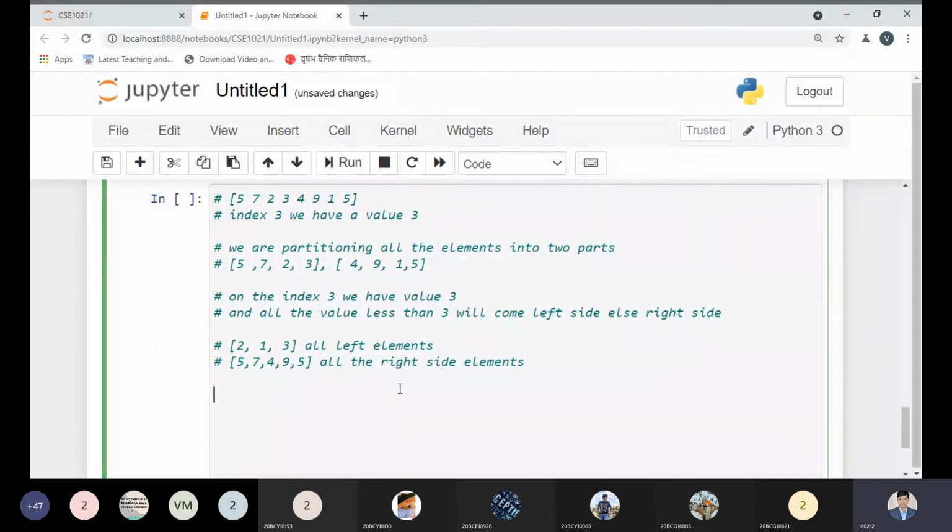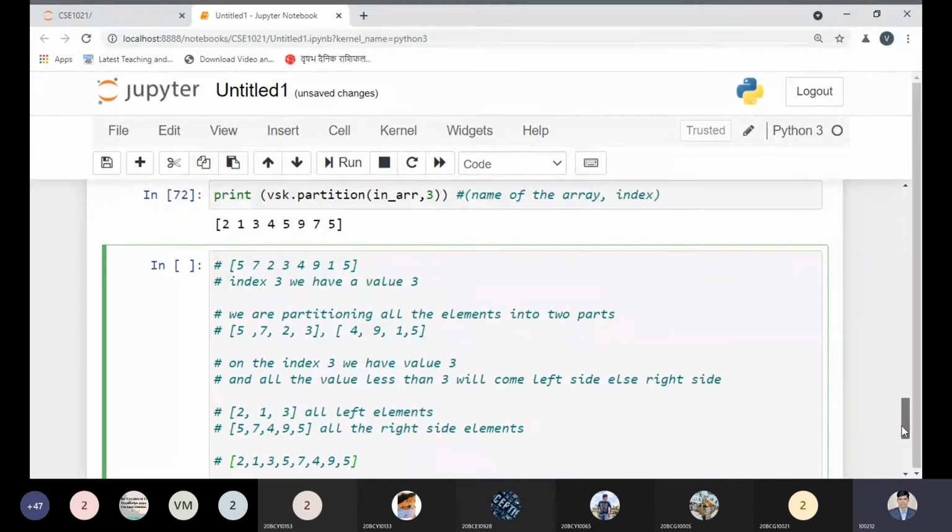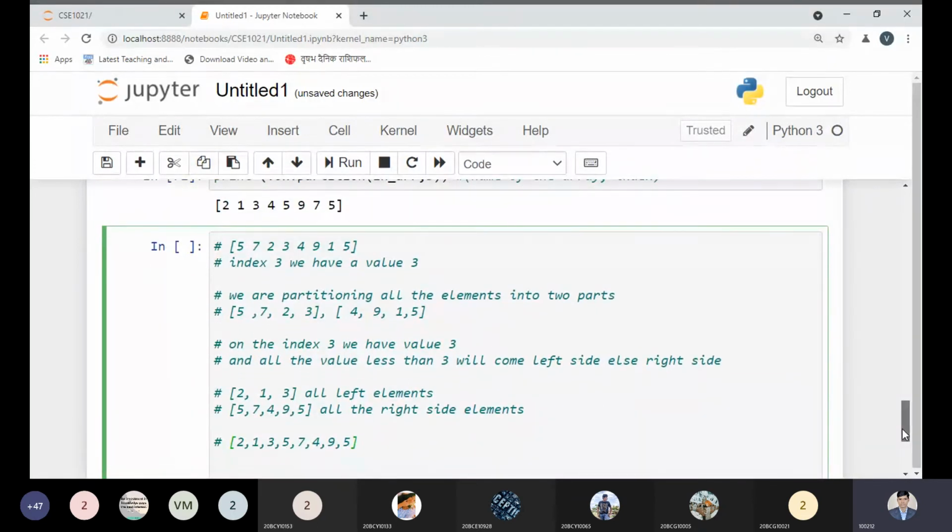So the sequence will be 2, 1, 3, and next will be 5, 7, 4, 9, 5. So this would be the sequence, and 4, 5, okay.